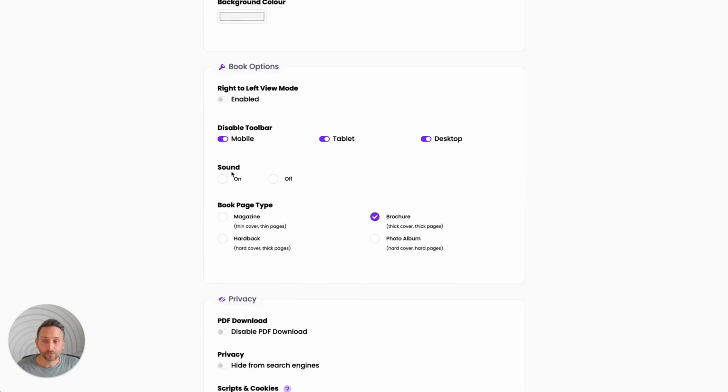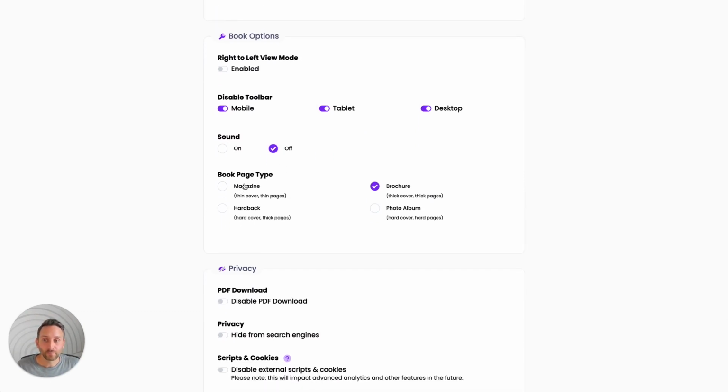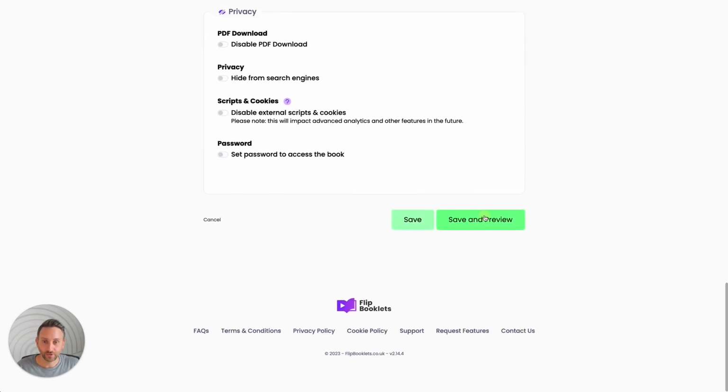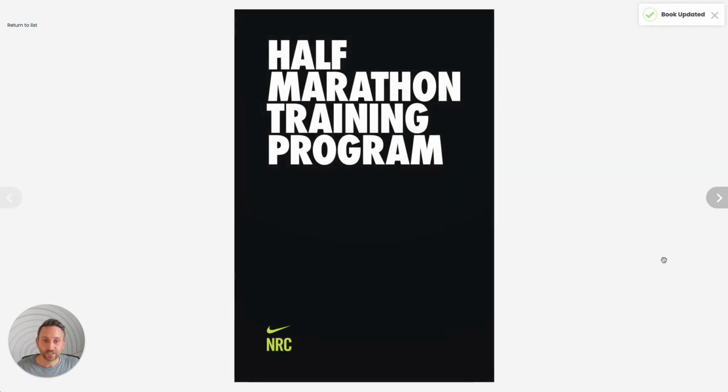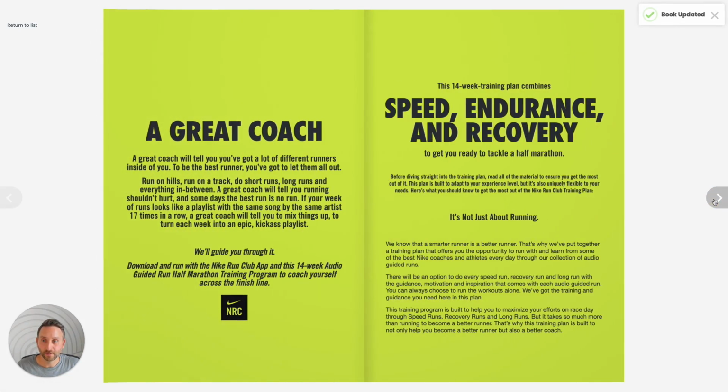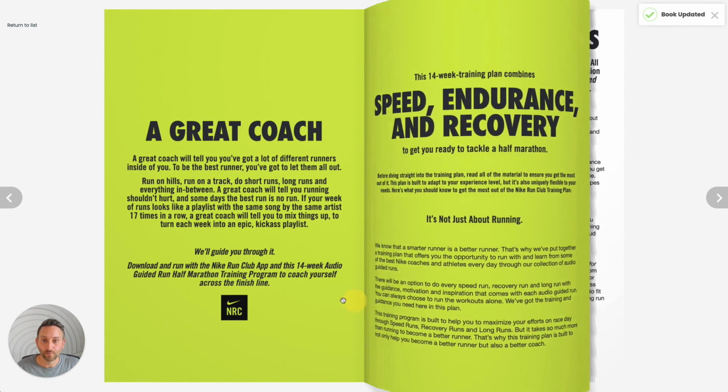Okay, we've got the sound on and off as well, so if you want the page turn sound by default to be on or off, you can set it there. And then you've got the book page type. Now that you can change the thickness of the covers and also the internal pages on there. So we've got a magazine version, so I'll show you that one. So the pages are a lot lighter and they flip a lot quicker and they bend a lot more than